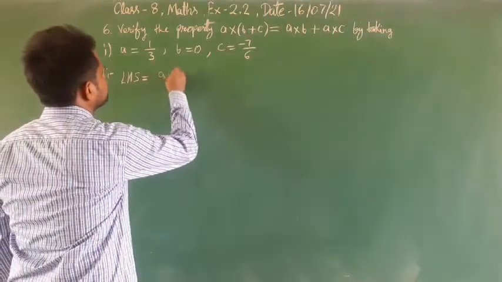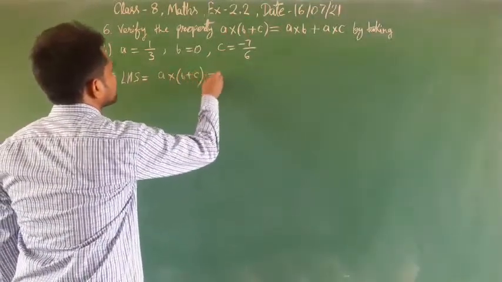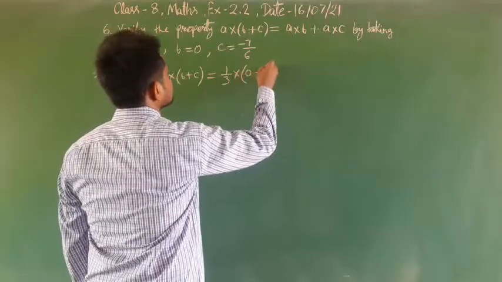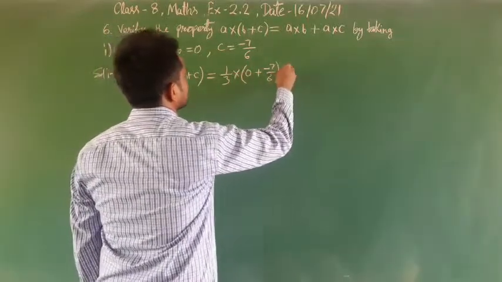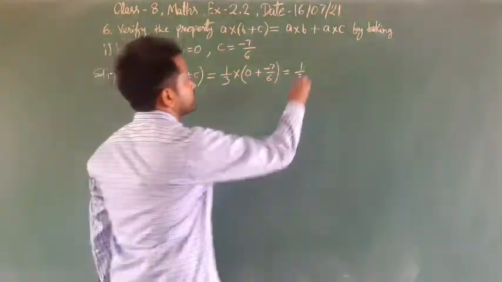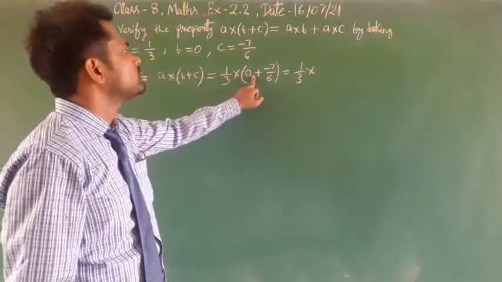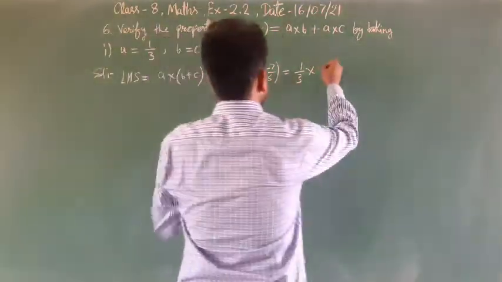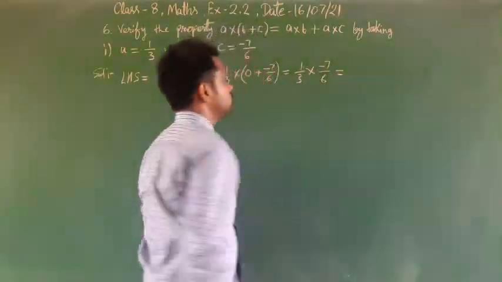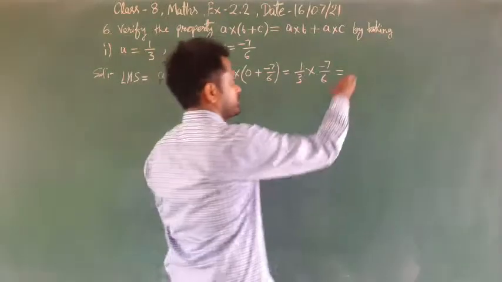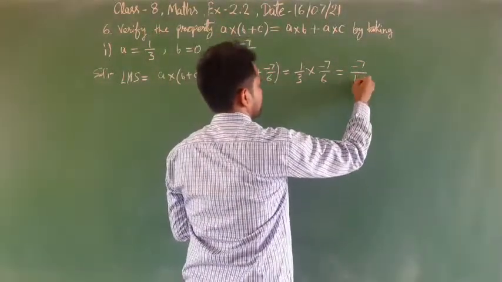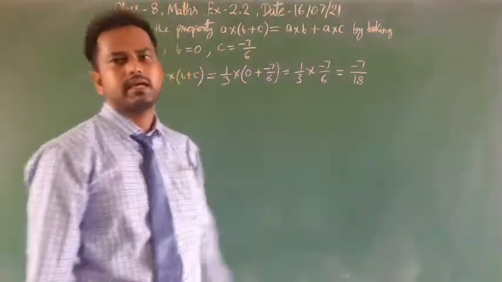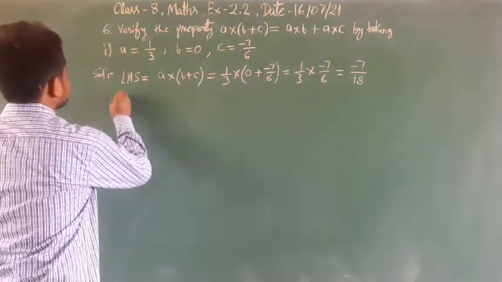We get 1 by 3 into (0 plus minus 7 by 6). If 0 is added to any rational number, then we get the same rational number, that is minus 7 by 6. Now 1 into minus 7 will be minus 7, and 3 into 6 is 18. That is the left hand side. The value of the left hand side is minus 7 by 18. Now solve the right hand side,